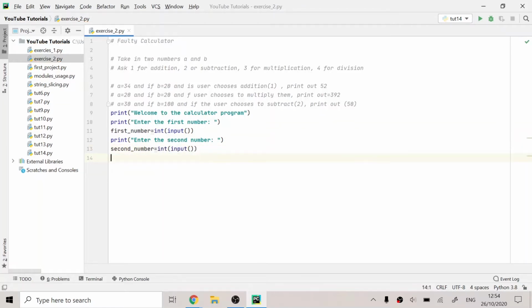After I've taken two inputs, that is the first number and second number, I'll have to ask the user whether they want to add these numbers, subtract, divide or multiply. So I'll print enter the operator you want to use. After that I'll print a new line character and I'll write 1 for addition, then 2 for subtraction,